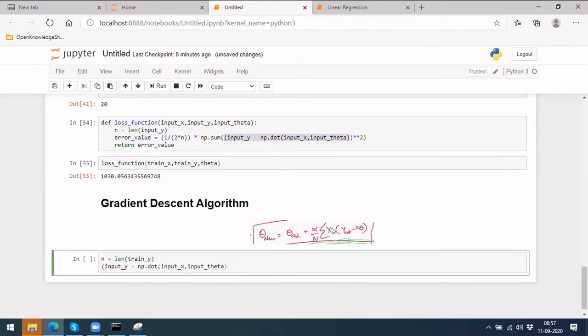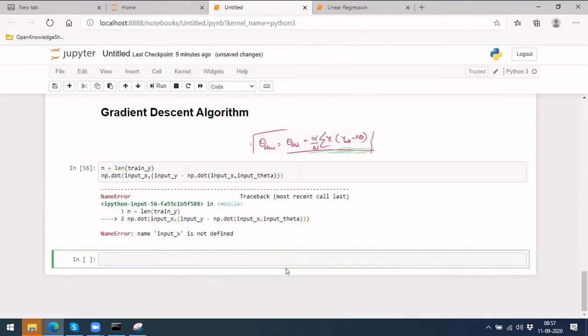And with this we have to do a matrix multiplication with x, which will be again np dot, x would be input x comma this. Okay, so let's see if we are able to come till here.